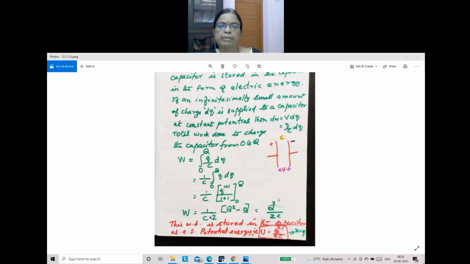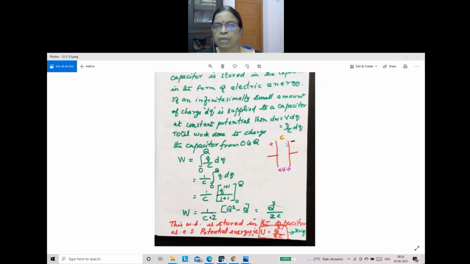When it is connected to a battery, it is charged. Positive is connected to this plate, so that will be charged to a positive value and this plate will be charged to a negative value. And there will be a potential difference. For example, suppose we are applying a 3-volt battery. That potential will appear across this capacitor. If there are no other components in the circuit, whatever voltage is given will appear across this capacitor. Voltage across the capacitor plates is V volt. So V is the potential difference applied.